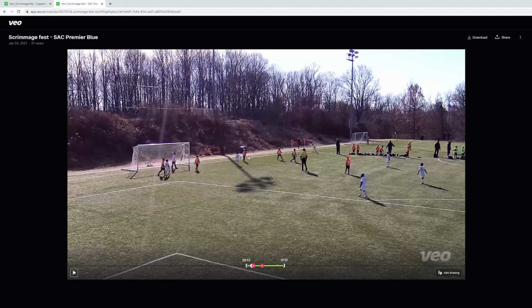Our center mid, again, is glued to this spot. Still not sure why. I see a lot of teams do it. Doesn't make sense. He should be here in the top of the box. They have a guy unmarked, right? Our left back is pulled way out of position. He's much closer to the ball here. Again, probably in the same situation as our center mid, hoping that the ball can be intercepted off the kick,